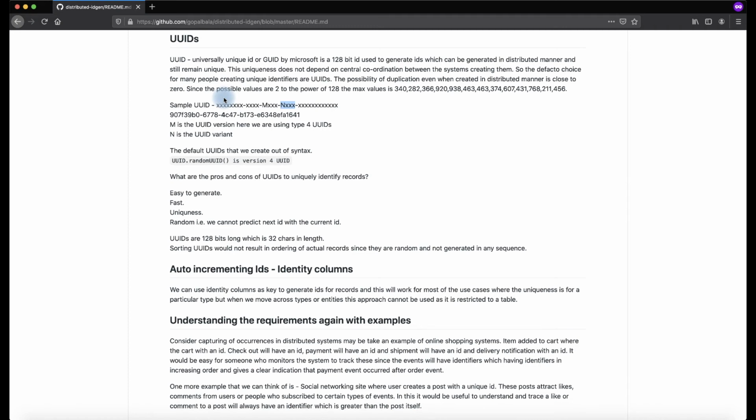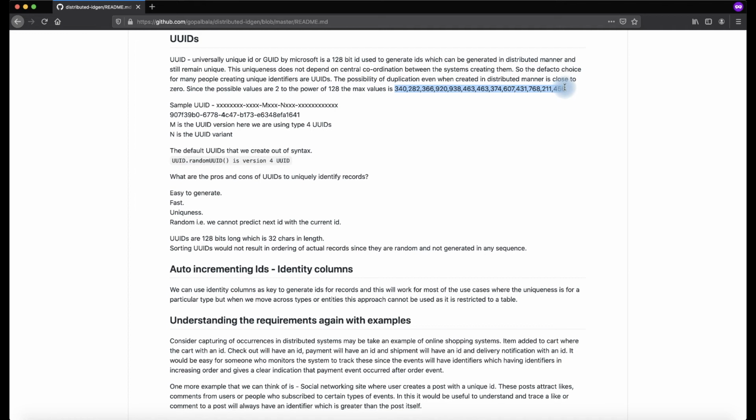Since UUIDs are 128 bits long, which is 36 characters in length, they might occupy more space, because the randomness is more and the uniqueness is more. It might not be needed. Many systems might not end up creating this many records.